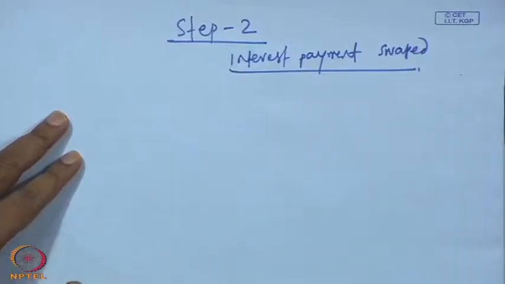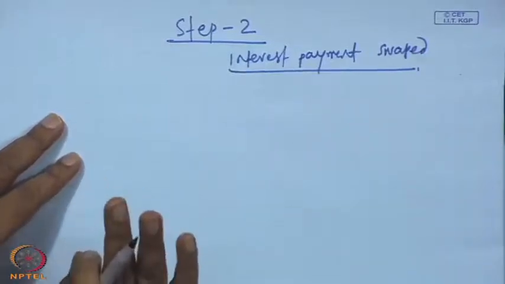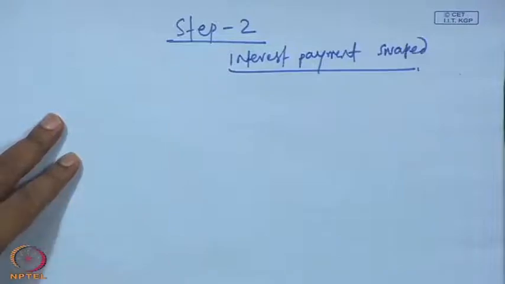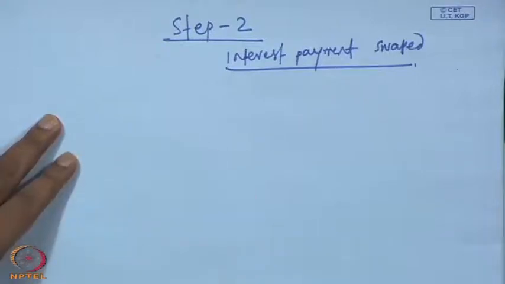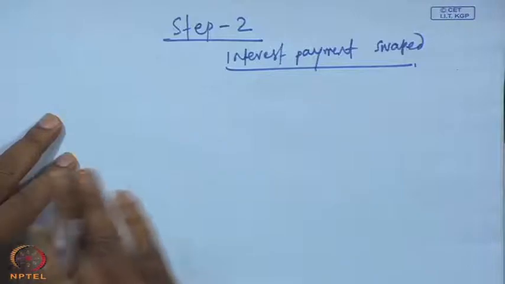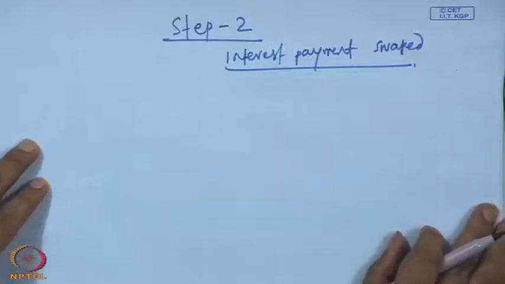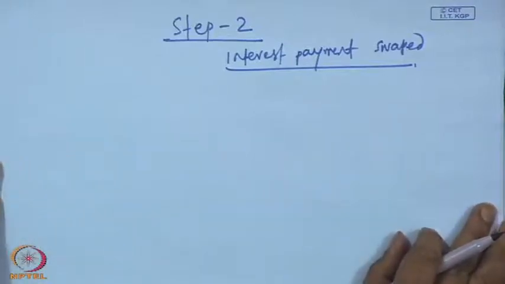You have to understand that the interest payment will be denominated in the respective currency. In Japanese yen, it will be paid in Japanese yen only. In case of US dollar interest rate, it will be paid in US dollar only. So, the currency exchange during the interest payment will be respective currency only. So, the interest payment will take place how?